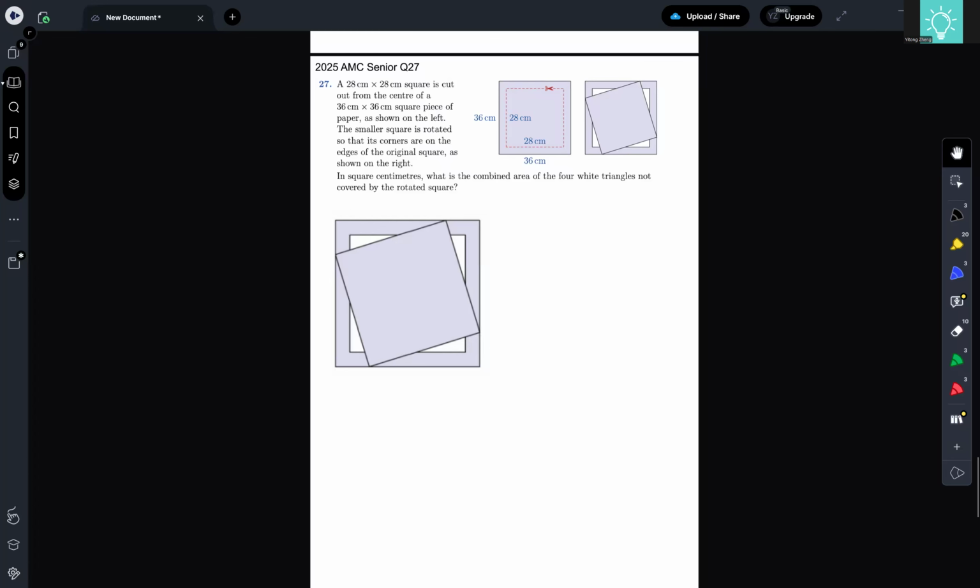In this video, I'm going to go through the solution to question 27 from the 2025 Australian Math Competition Senior Paper. A 28 by 28 centimeters square is cut out from the center of a 36 by 36 centimeter square piece of paper, as shown on the left. The smaller square is rotated so that its corners are on the edges of the original square, as shown on the right. In square centimeters, what is the combined area of the four white triangles not covered by the rotated